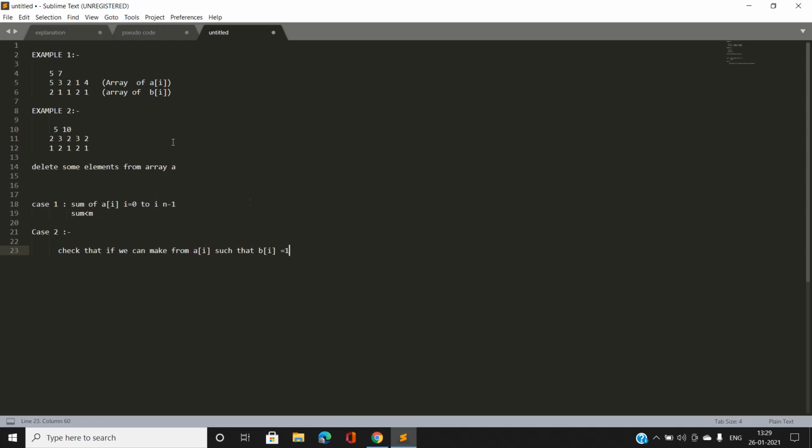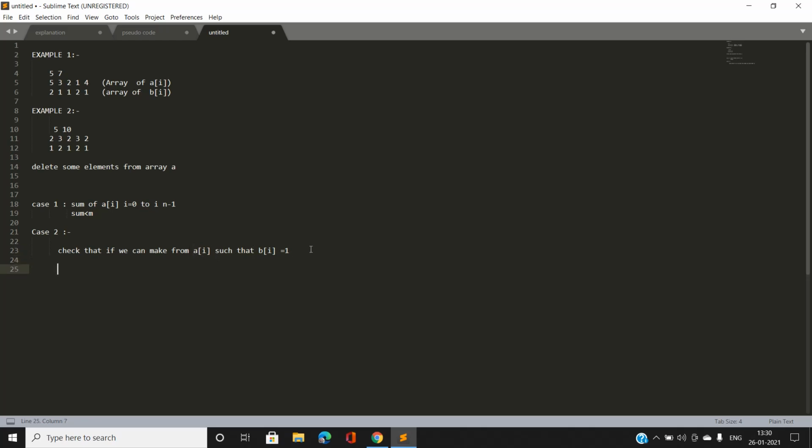For every convenience point 1, we are going to store the corresponding value of ai in another vector, and also for bi equal to 2, we are going to store the corresponding value of ai in another vector.